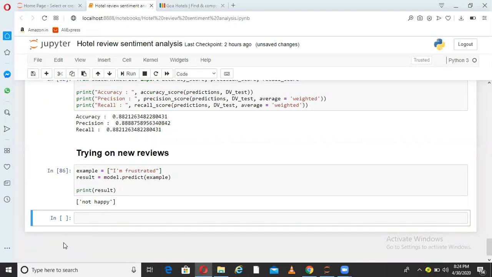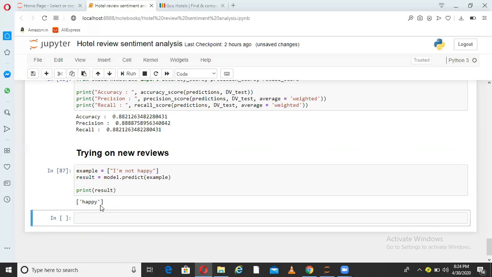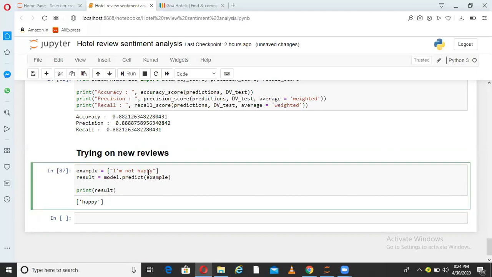At the same time, I will show you some examples where you will get to know that the model is not doing great on some of the data. For example, if I write here, I am not happy, in this case the sentiment is not positive, but this is coming positive. The reason for that is, happy is a very strong word, and so it is coming here as happy. This is not something we expect the model to do. So I want you to think through and write me in the comments what improvement can be done on this model and how I have to take care of this.